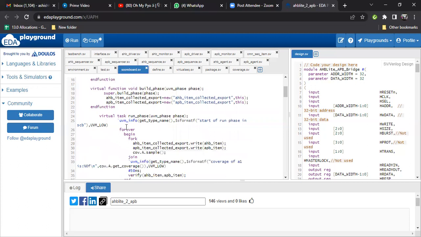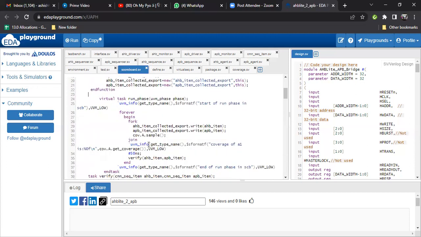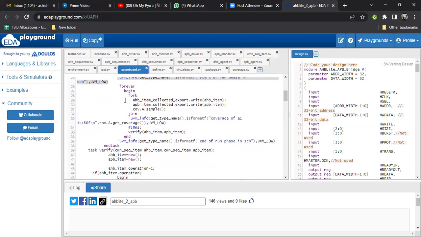So here is the constructor. In line number 18, he has assigned some memory to the analysis port, the analysis export port. After that, in the run phase, he first wants to know whether the run phase has started or not. After that, it comes inside the loop and he is checking for the